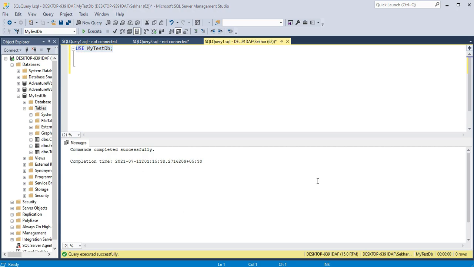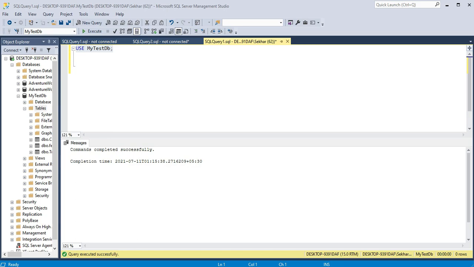So what are the OFFSET and FETCH clauses in SQL? A few important points about OFFSET and FETCH. Basically, OFFSET and FETCH clauses are optional after the ORDER BY clause. In an ORDER BY you might be getting the result of the entire table, and if you want to limit the number of rows returned by the query, then you will use OFFSET and FETCH. Okay.